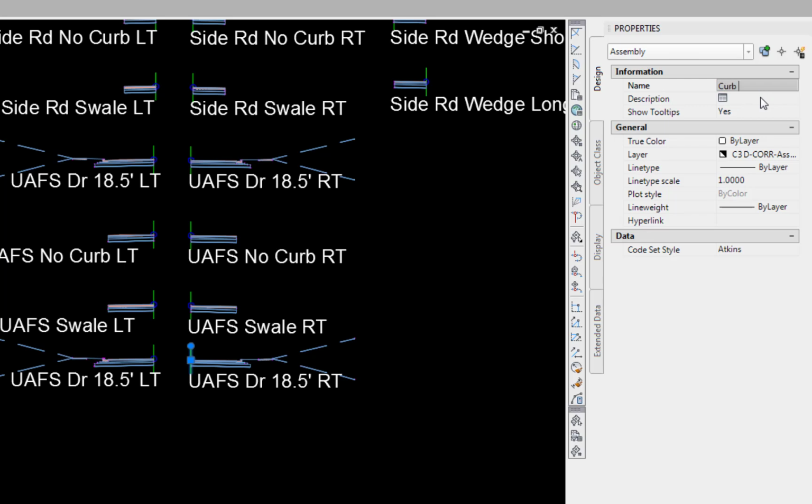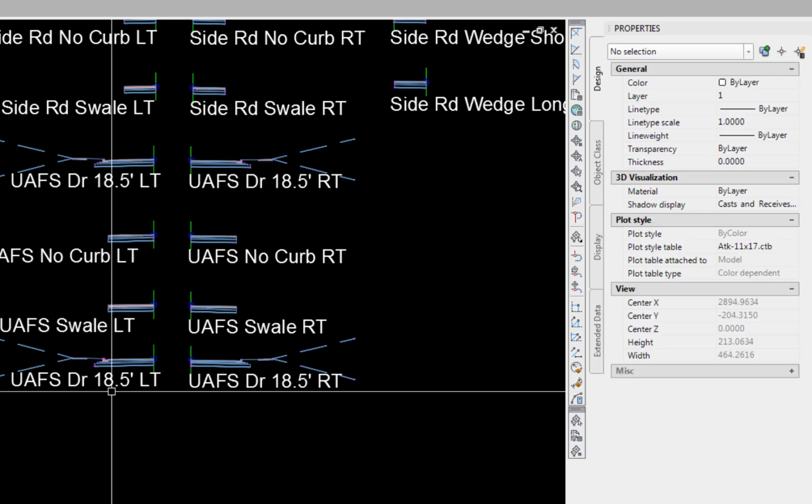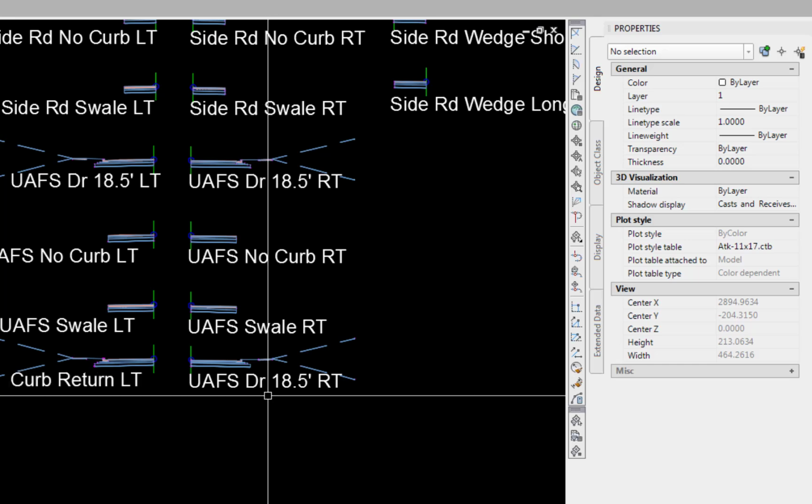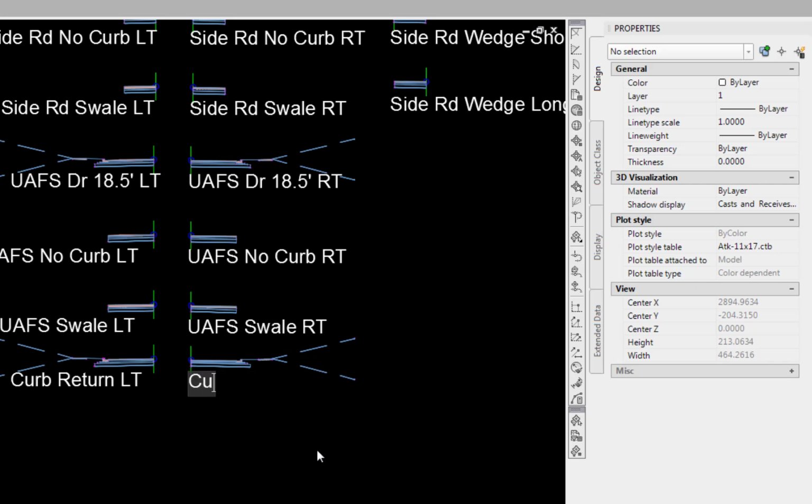Curb. Return. Right. Enter. Change the text. Curb. Return. Left. Enter. Curb, return, right, enter. In the curb return assembly, the swale lane subassembly is used for the concrete apron lane,